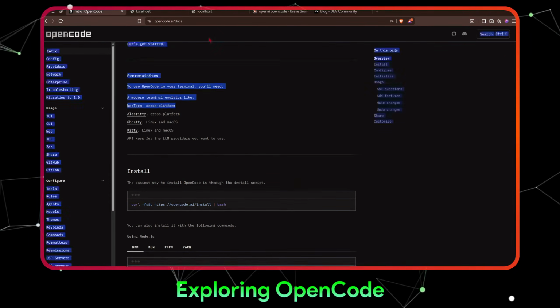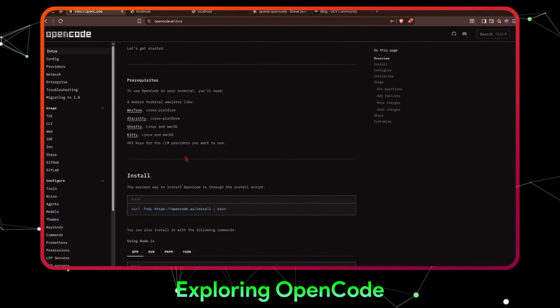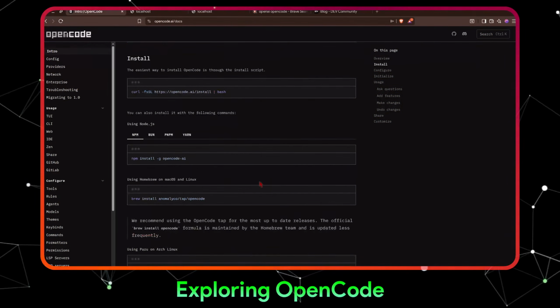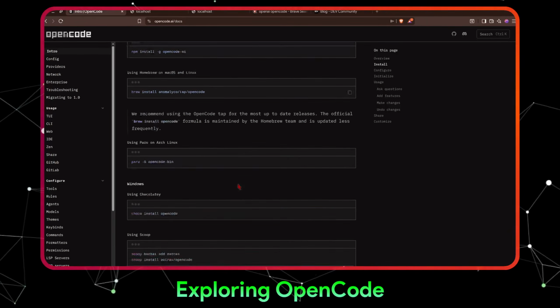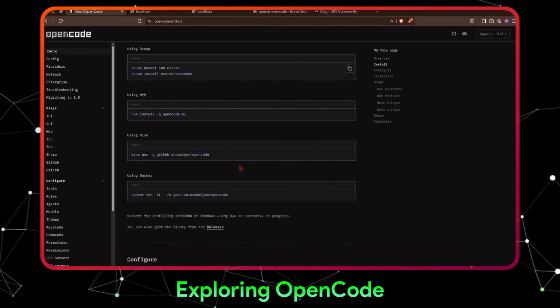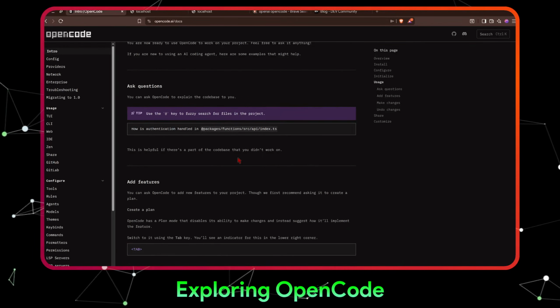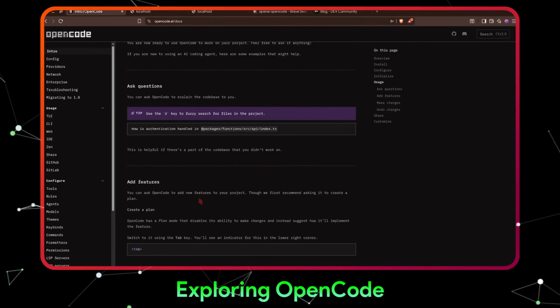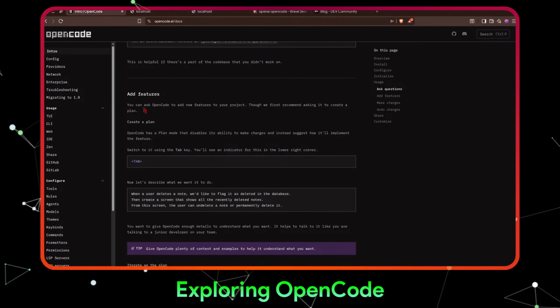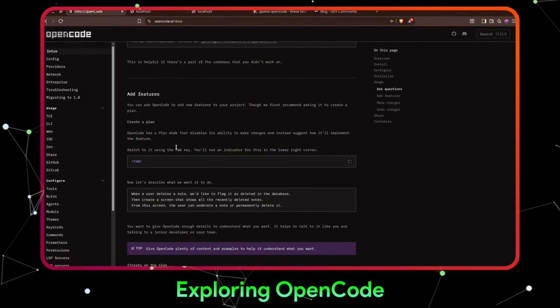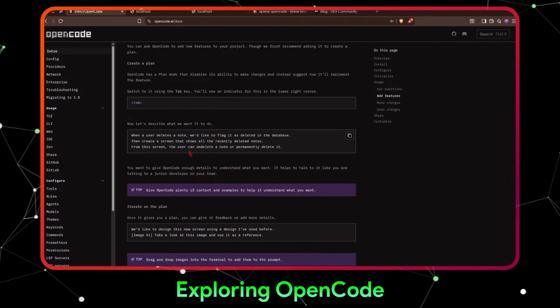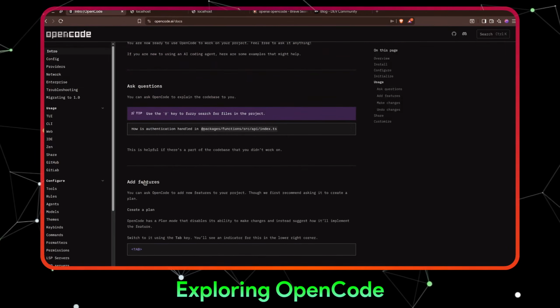It just says it can be installed on all these terminal platforms. You can install it like this. Yeah, these are all the installation processes. Right now, you can ask OpenCode to add new features. Okay. Oh, okay. So what it means is,